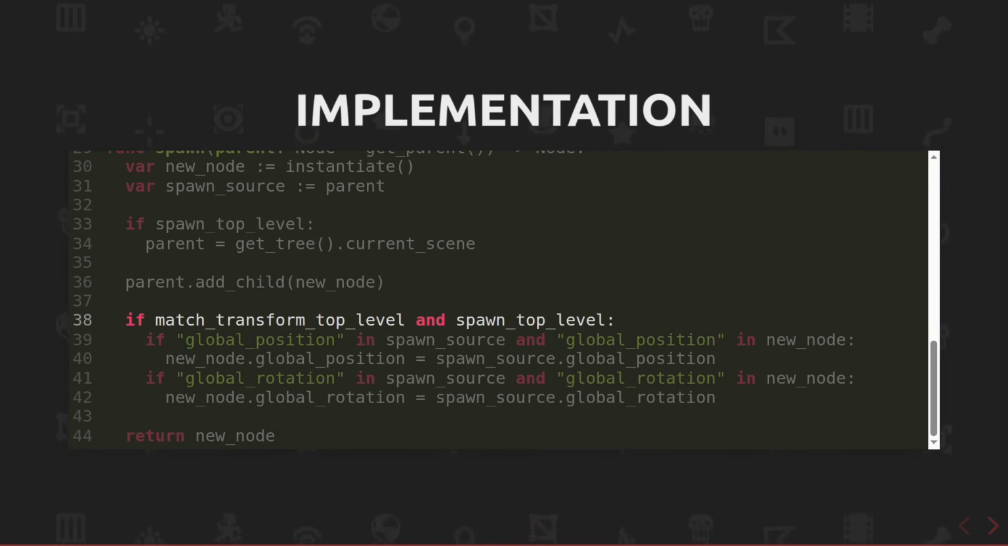Then comes the trickiest part. If both match transform top level and spawn top level are true, we need to copy the transform of the node that we originally wanted to use as a parent. This is why we made a copy of it, the spawn source variable, before overriding it to the current scene. Copying the transform means setting the new instance's global position and global rotation to the same values. However,